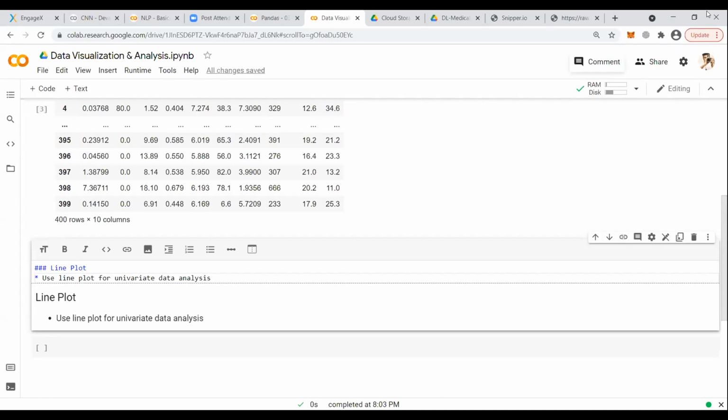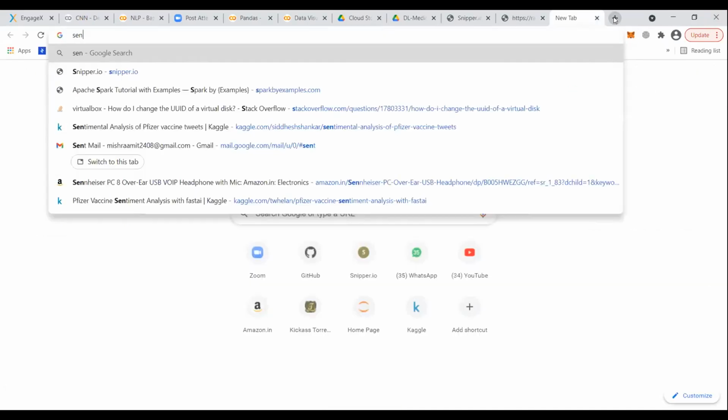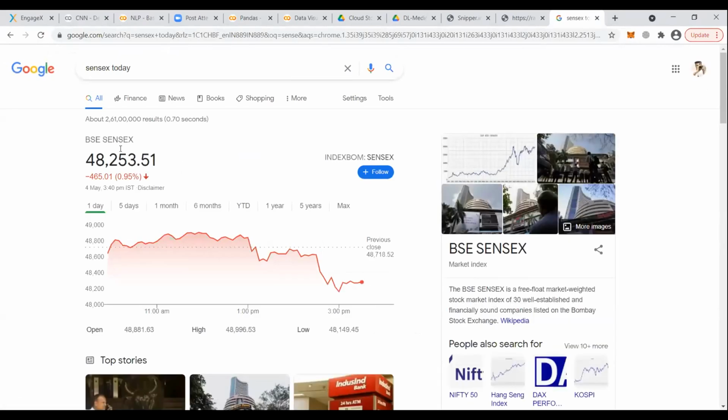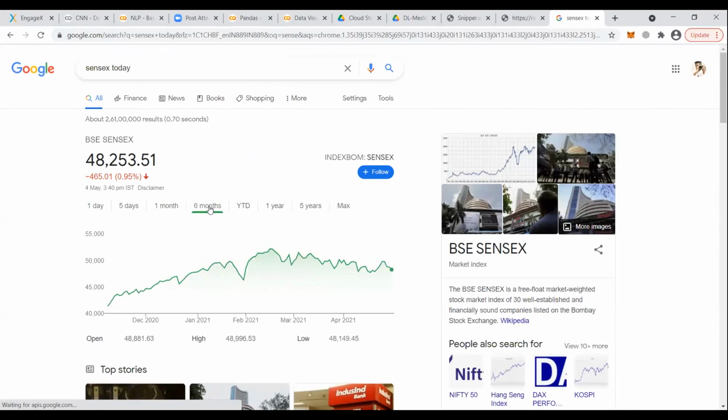For example, the Sensex. When you take the Sensex reading, what you are getting here, let's say, is for 6 months.